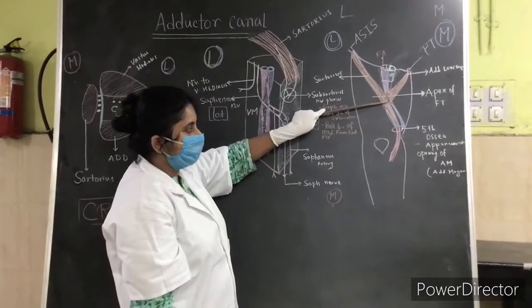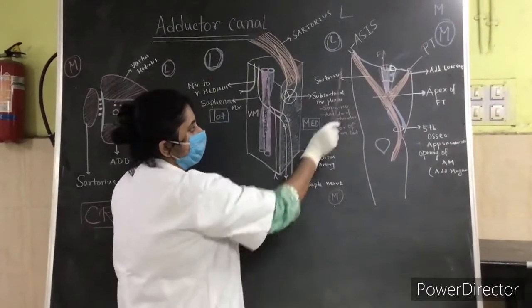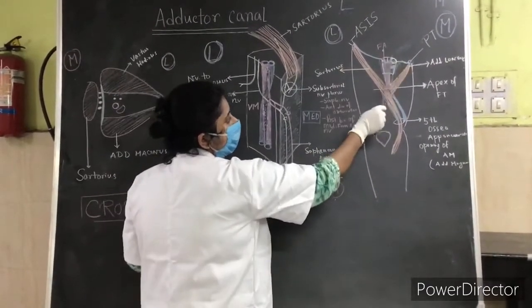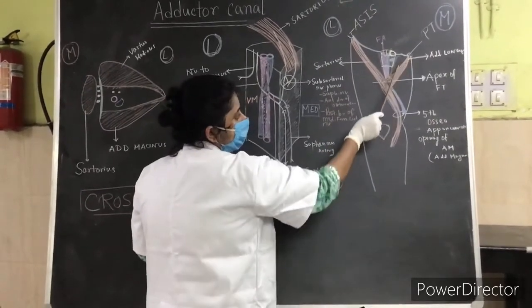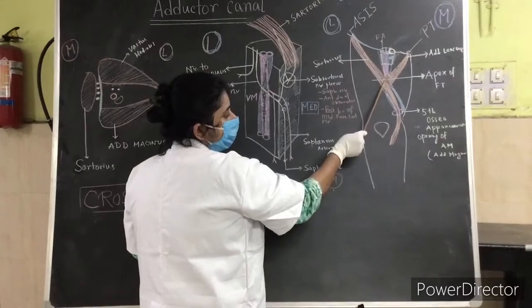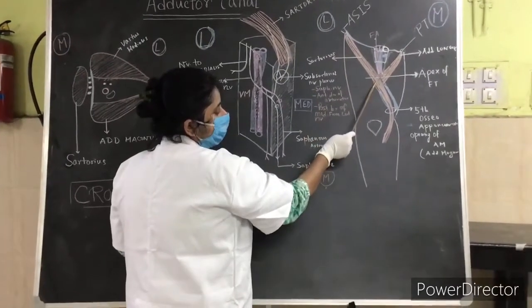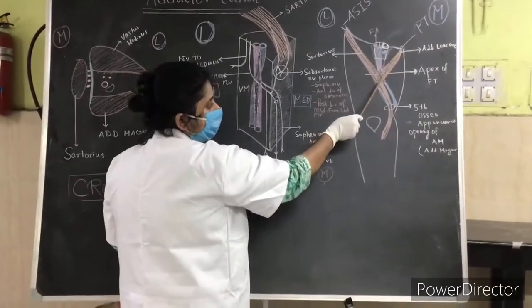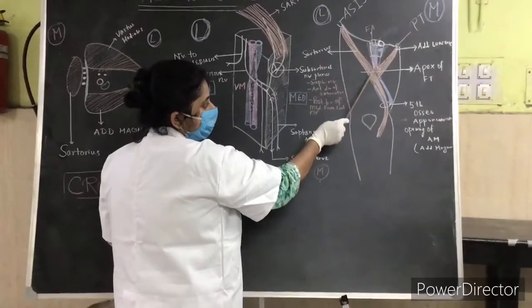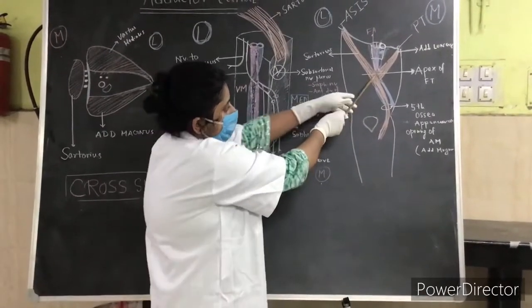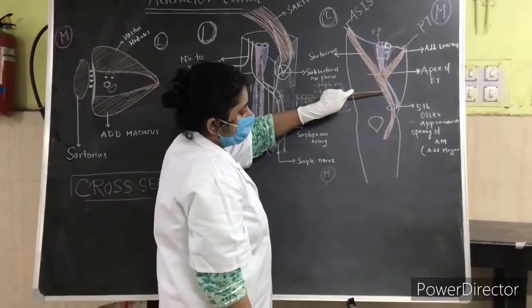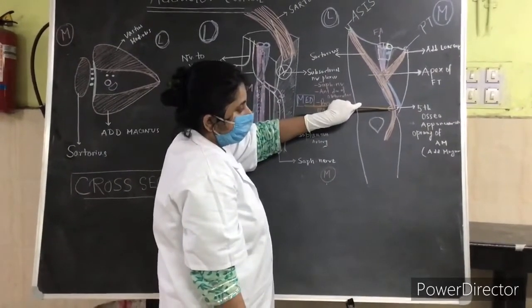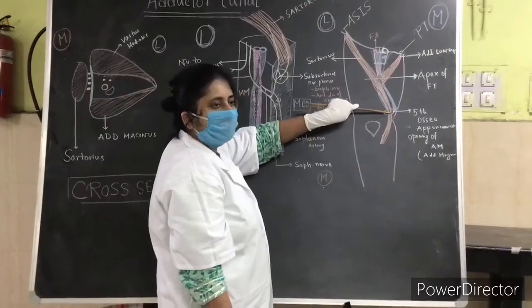From the apex of the femoral triangle. This is the femoral triangle, bounded above by the inguinal ligament. This is the apex of the femoral triangle, and this is the sartorius, one boundary. Another is the adductor longus muscle, another boundary. This is the apex of the femoral triangle. The adductor canal starts from the apex of the femoral triangle and extends up to the osteoaponeurotic opening of